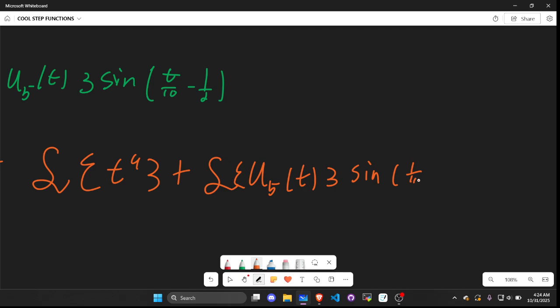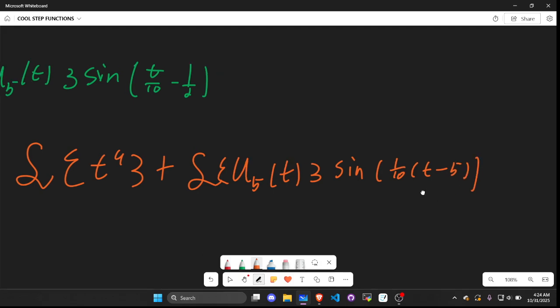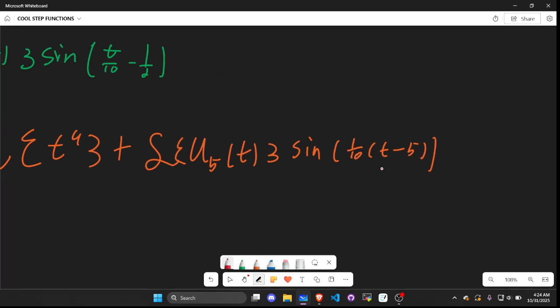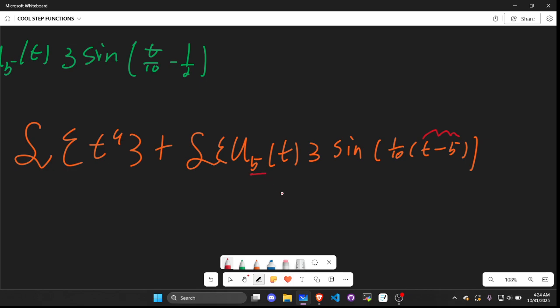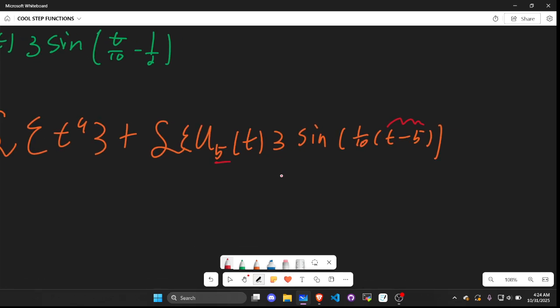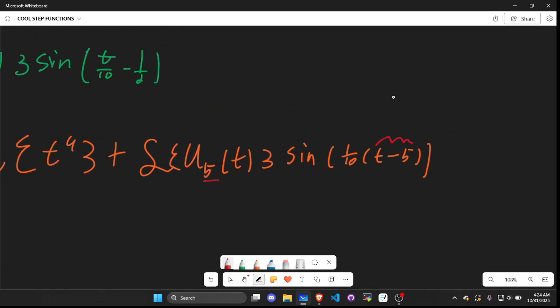So we're going to do 1/10 times t minus 5. And the reason why we do that is because we really want the shift in here to be equal to 5 step units. Because remember, we want the function to be